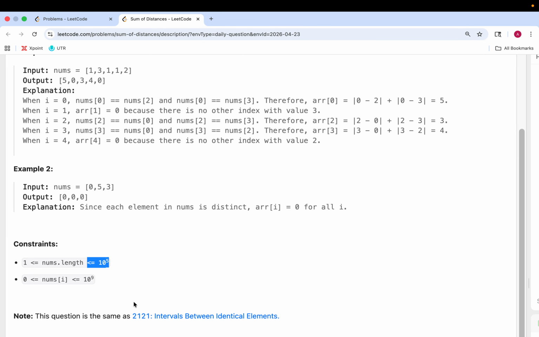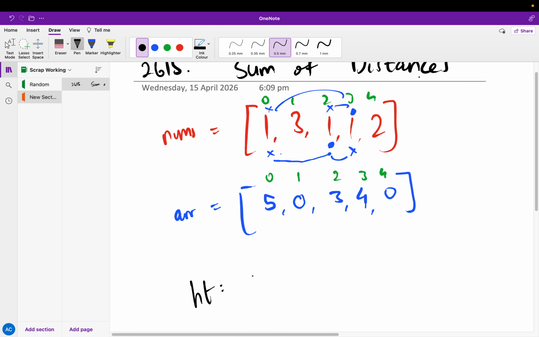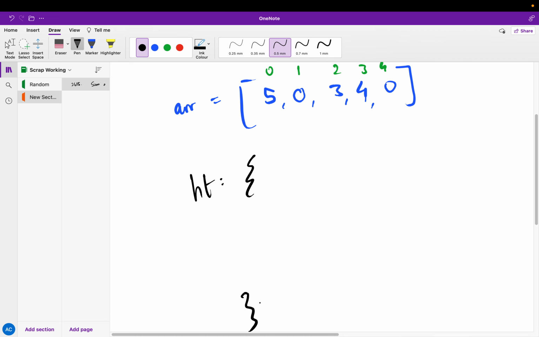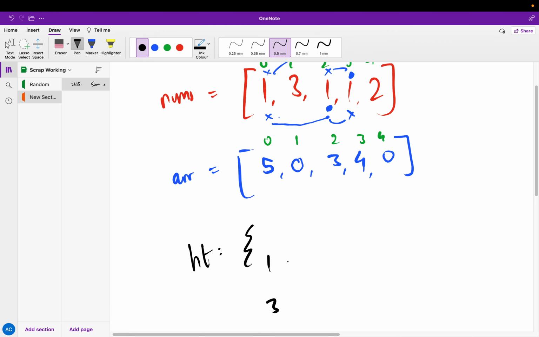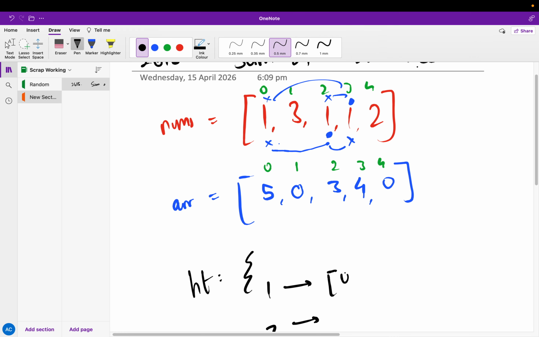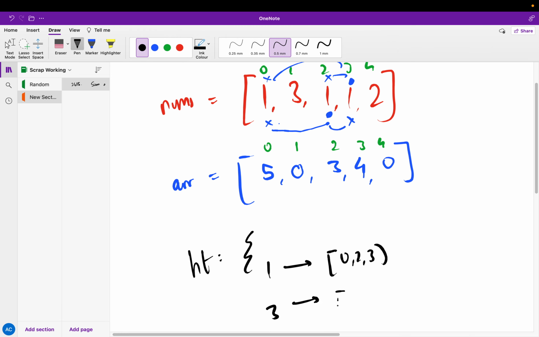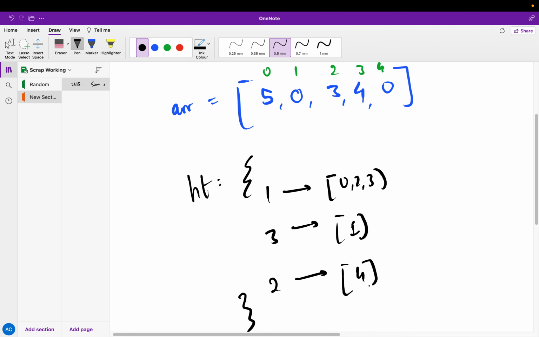Constraints are 10 to the 5, so I'm looking for something relatively linear, maybe n log n in the worst case, that kind of thing. No n squared though, that's for sure. Okay. Well, my first instinct is to build a hash table where your keys are your unique elements, so 1, 3, and 2, and they map to a list of positions, so 0, 2, 3, index 1 by itself, index 4 by itself, and the idea is,